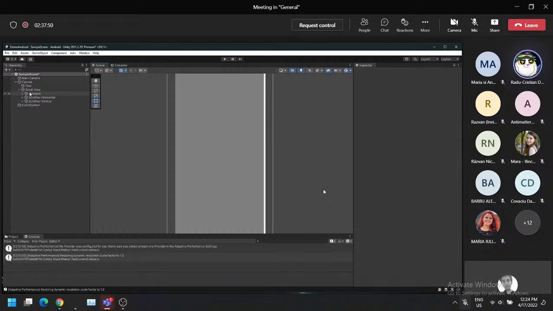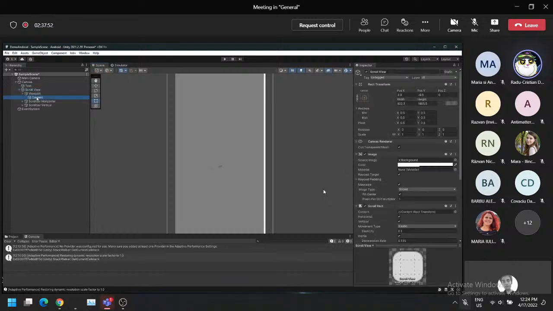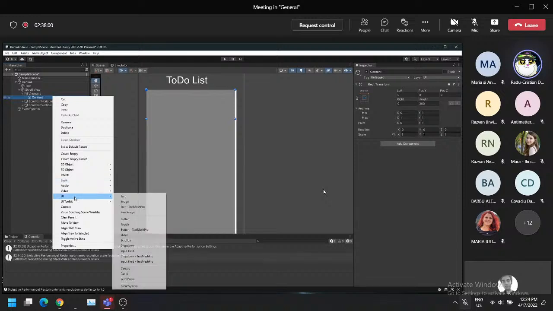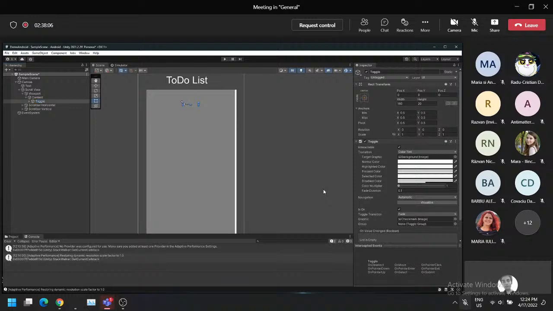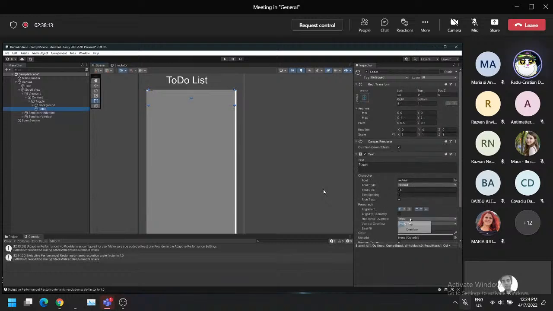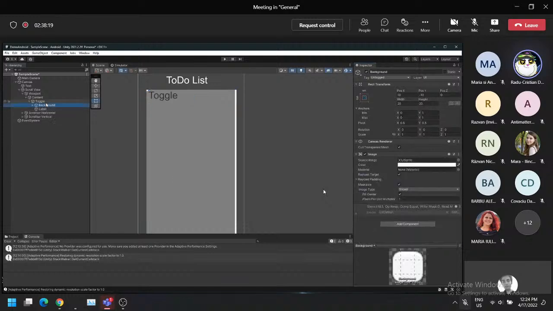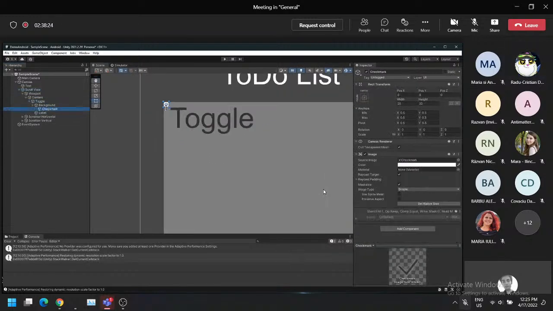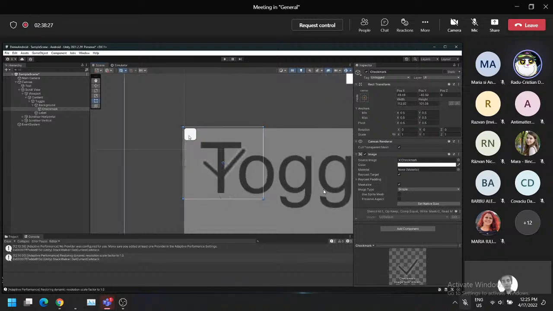Now, if you see, the scroll view has a viewport and the content. The content is what is inside the scroll view. So let's add a new toggle box. Okay, you can see this one. You can make it bigger. Okay, again, you should go to toggle, label, overflow, so it's nicer, 100. Okay, and you should also make this one bigger also, but